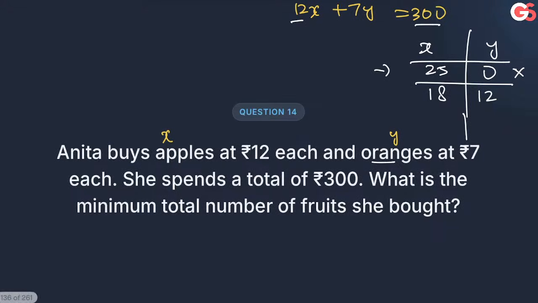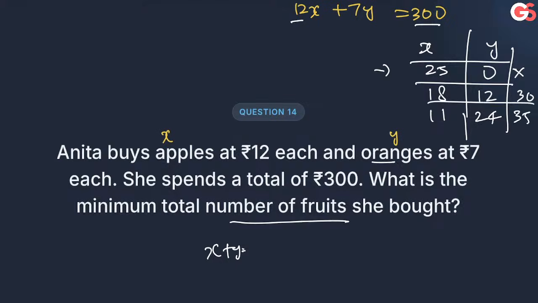7 और कम हुआ तो 11, 12 बड़े 24, ज़्यादा हो गया ये। सो यहाँ पे मिनिमम नंबर ऑफ फ्रूट्स, x प्लस y को मिनिमाइज करना है हमें। हियर x प्लस y इज 30, हियर इज 35, बढ़ रहा है तो यहीं पे आंसर है, 30 इज द आंसर। इज दैट क्लियर? मतलब ये चीज 7 से कम हो रही है, 12 से बढ़ रही है, तो +5 +5, x प्लस y इज इंक्रीजिंग बाय 5, सो मिनिमम इज 13 ओनली। दैट्स द आंसर।